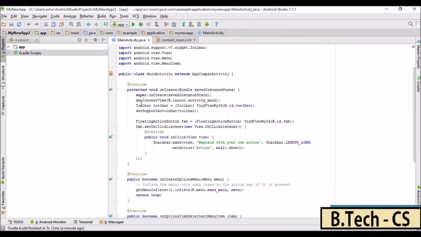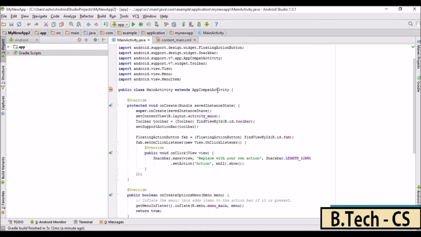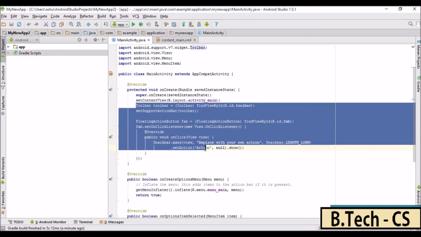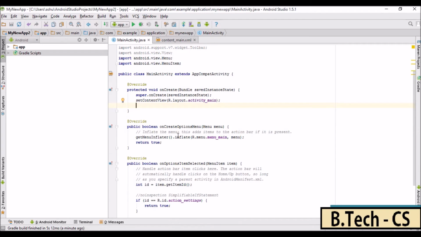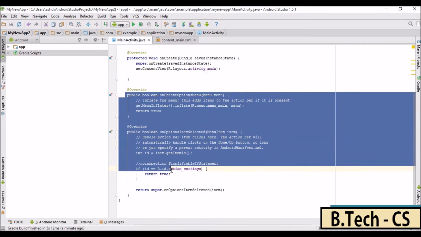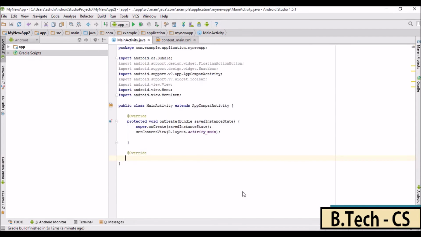and we are also going to delete some of the things from here. So basically here we have the public class main activity, and what we are going to do is that we are going to go inside this onCreate method right over here, and we are going to delete everything right from the toolbar. So make sure that you delete it. So once you have deleted that, the next thing which we do is we also delete these methods, and that is because we are not going to be needing them. So go ahead and just delete all these things.